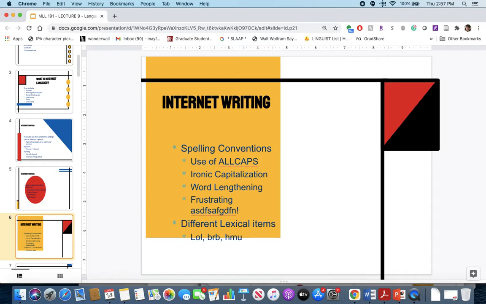And there's also different lexical items. So, for example, LOL means something very different now. It's not necessarily used as laugh out loud anymore, right? It's kind of used as a sign to ease tension, even if something isn't laughing out loud. You want to kind of maintain that you're not very serious. BRB, right? HMU. So these different spellings or letters or acronyms are being used in various forms nowadays, and it's not necessarily part of the speech that we've used in the past.